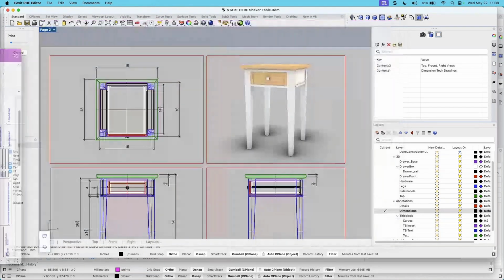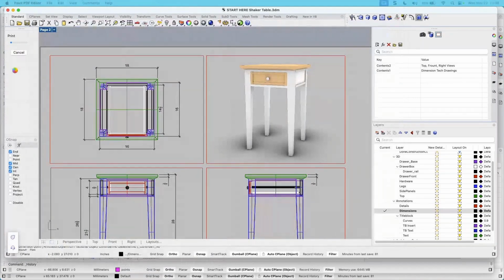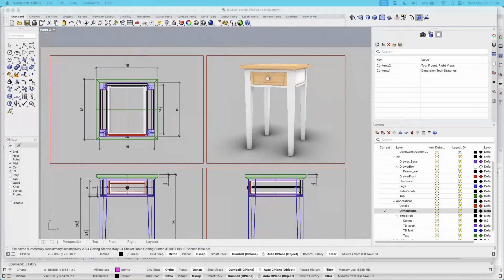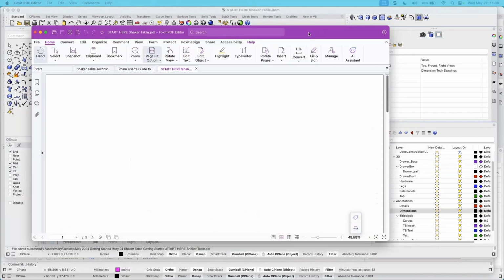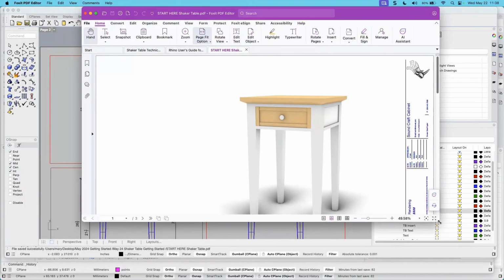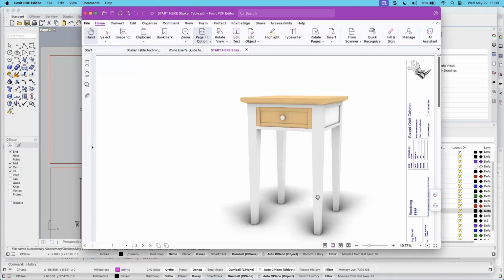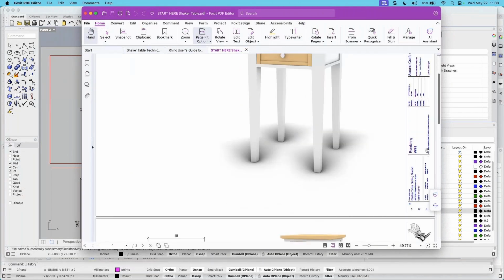Okay, well, it looks like it's going to be busy there for a while. Not quite sure. Maybe it's just me not being patient, but it looks like it wrote it out. And it actually opened it. I just didn't have the screen ready for you. So there you go. There is our